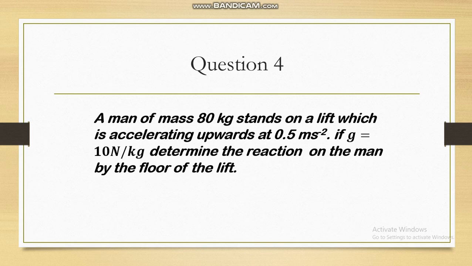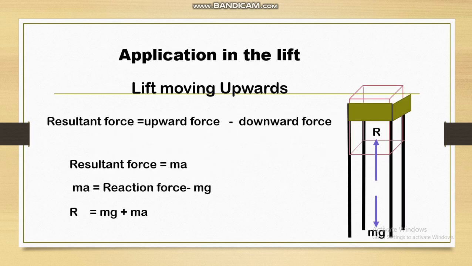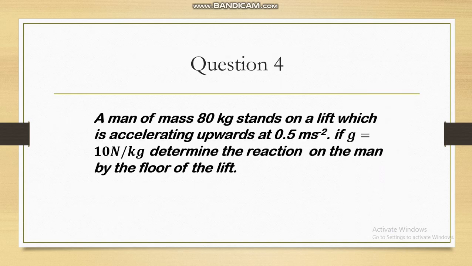And what did we say about upward motion? We can go back there and see. The force that is making the object go up is the difference between the reaction force and the weight. So R is equal to mg plus ma. You are given mass, you are given g, which is 10, that is 800